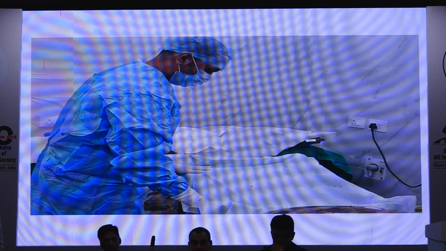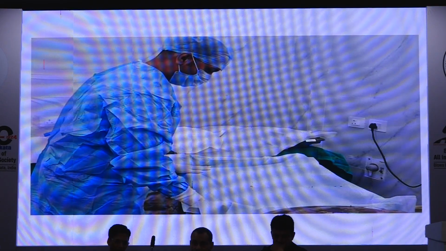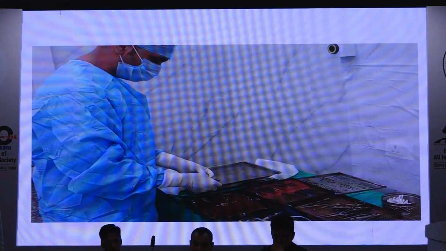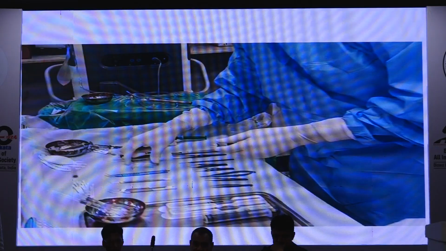So again, these are the photographs of how to make the trolley. Trolley making is very important. Again, you have to respect sterility. Now plastic sheets are available; at one time they were not, so that's a boon. You place the plastic sheet so that it doesn't absorb water, and you keep the instruments on it in a sequential manner, keeping in mind the steps of surgery, and hand the equipment to the surgeon in a sequential manner according to his preference.